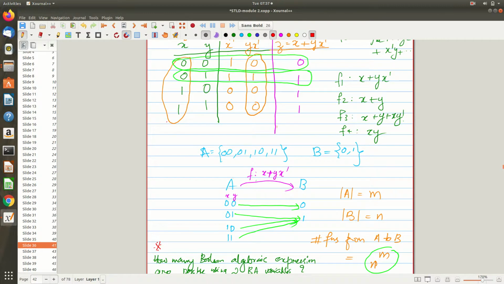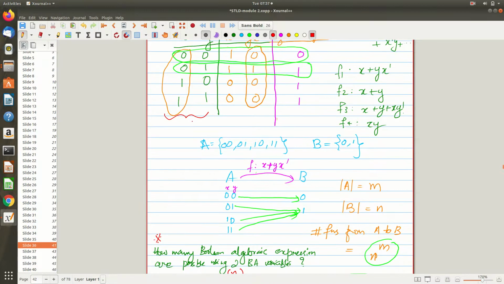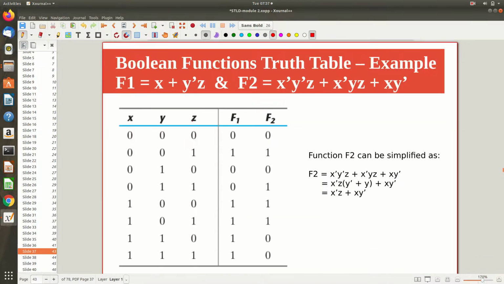Now we are reaching the solution. If I have two variables, 2 power 2 combinations are possible, right? If I have three variables, hope you remember the tables. Here I have three variables. You can assign values like 0 0 0, 0 0 1, etc. Some 8 combinations are possible, right? You can see 4 plus 4, 8 combinations.